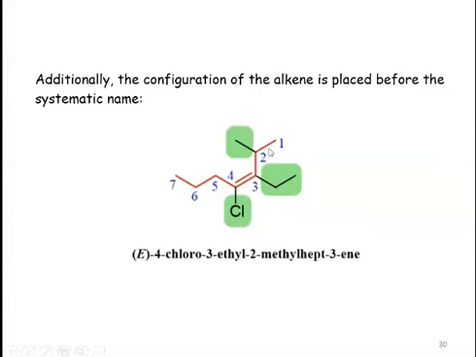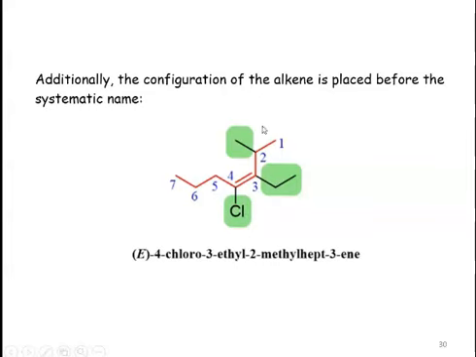Here both the carbons have the same atomic number. So the priority is determined on the next atoms which are attached to the carbon atom. This carbon is attached to two other carbon atoms. Here the carbon atom is attached to two hydrogen atoms and one CH3 group. So here the priority is lesser as compared to this functional group. To summarize what we can say: